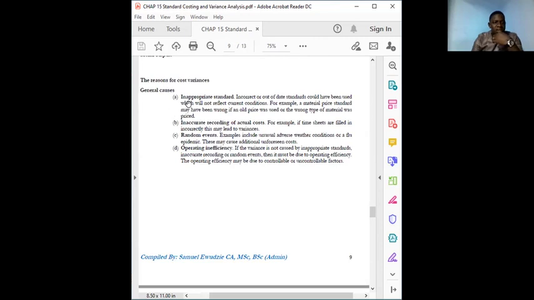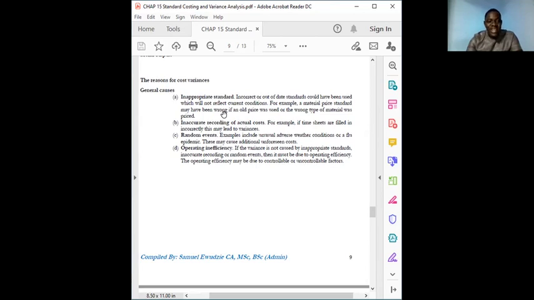One, we talk about the general causes. We have inappropriate standard. When you set an inappropriate standard, you may get a variance. Now, incorrect or out of date standards could have been used, which will not reflect current conditions. For example, a material price standard may have been wrong if an old price was used or the wrong type